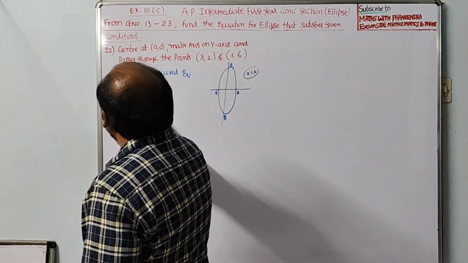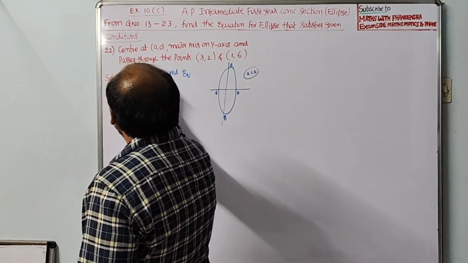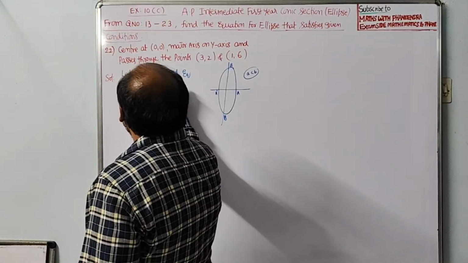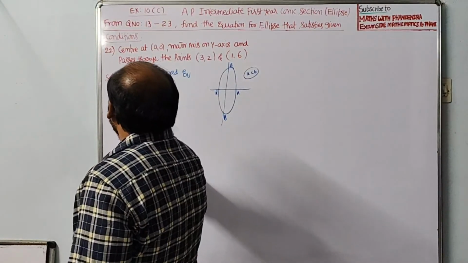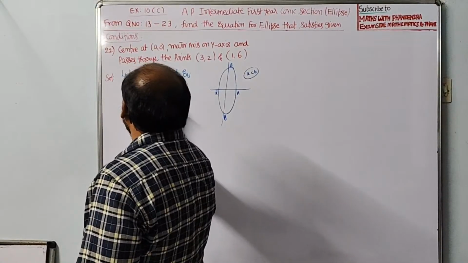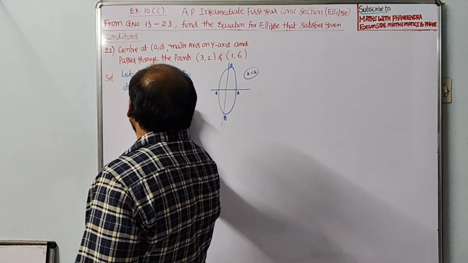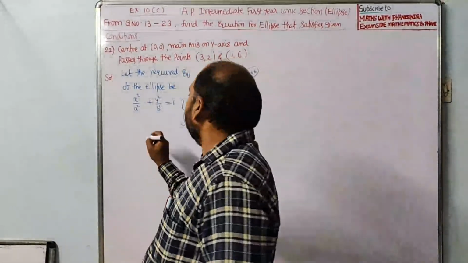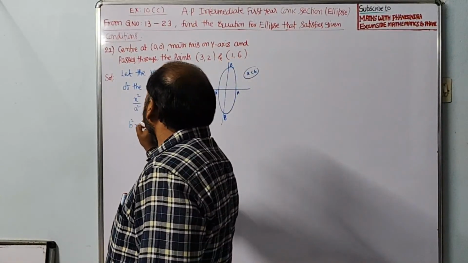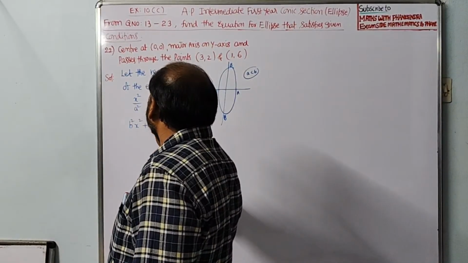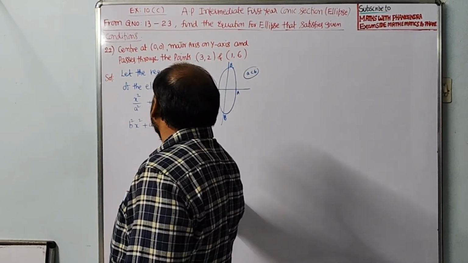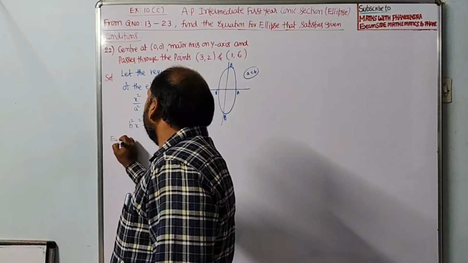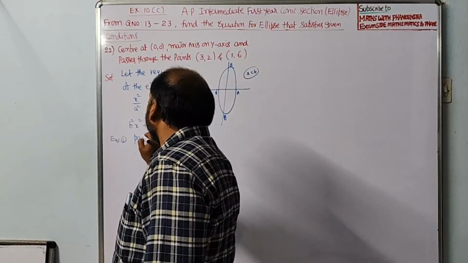equation of the ellipse be x square by a square plus y square by b square equal to 1. Even if you simplify this, b square x square plus a square y square equal to a square b square. Equation 1 passes through